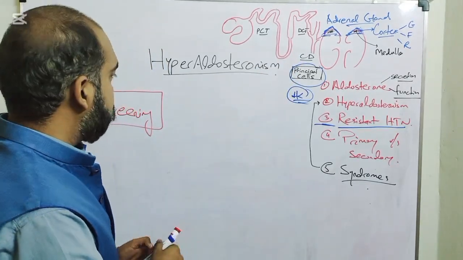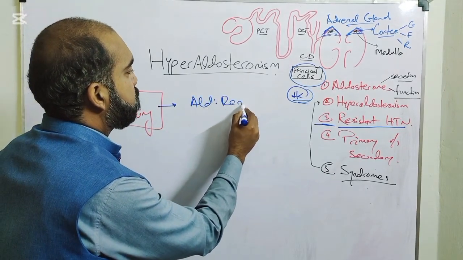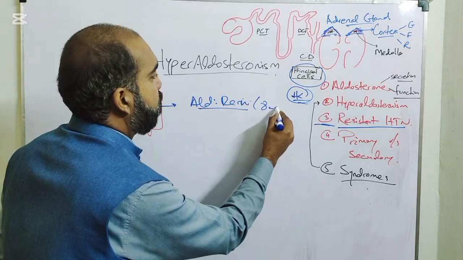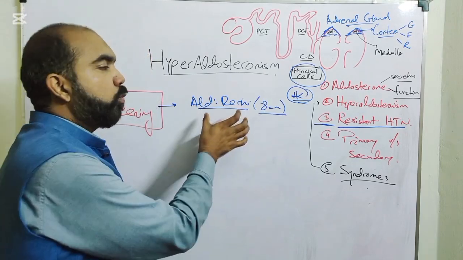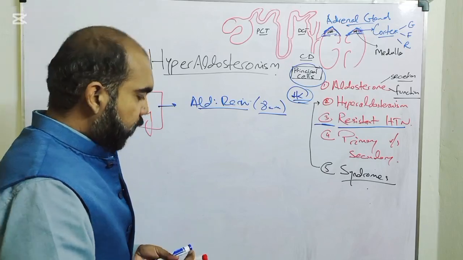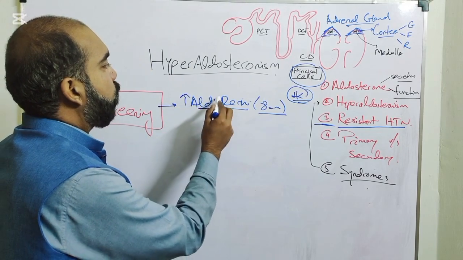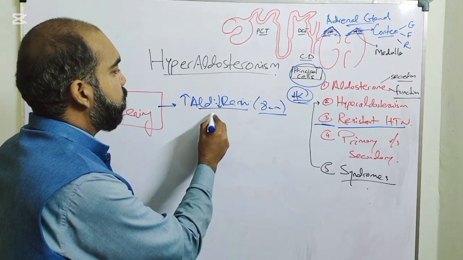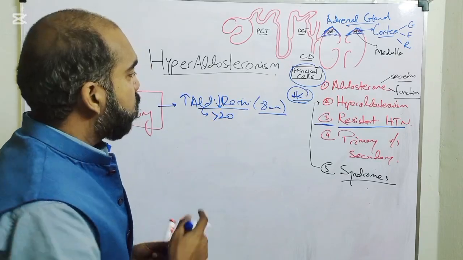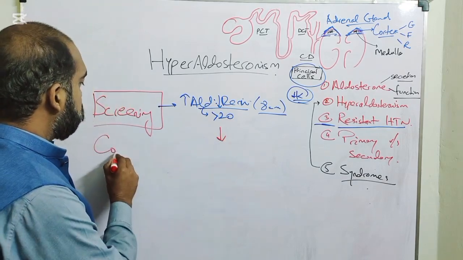So the screening test here is aldosterone and renin levels inside the blood at 8 a.m. So you would check both of these inside the blood at 8 a.m. and in the case of primary hyperaldosteronism, aldosterone would be increased while renin would be decreased, and the ratio would be more than 20. This ratio would usually be more than 20. So in such a case, the next step would be to confirm, just as we studied in Cushing syndrome